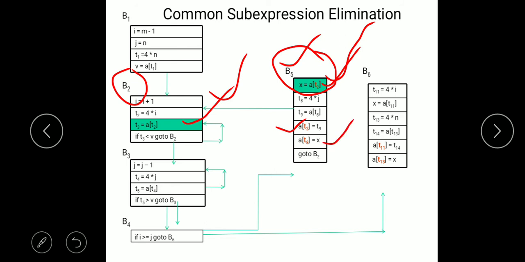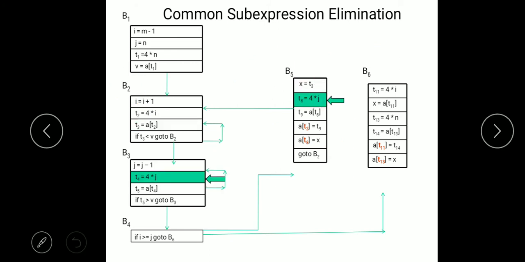What we will do is replace, in this statement x equal A of T2, the A of T2 with T3, so x equal T3. In this way, in place of A of T2 we have put T3, because T3 is already computing A of T2.